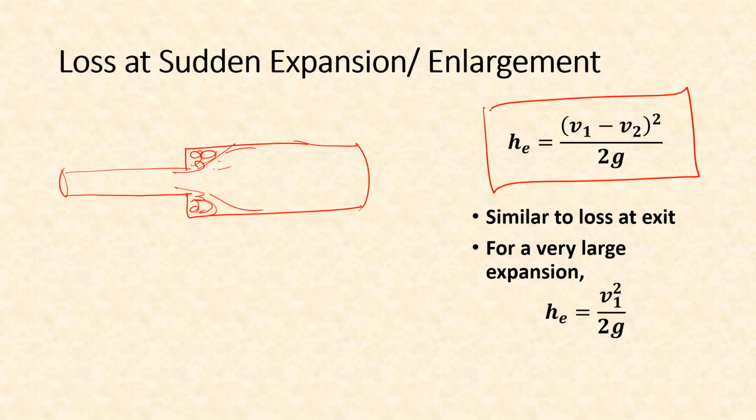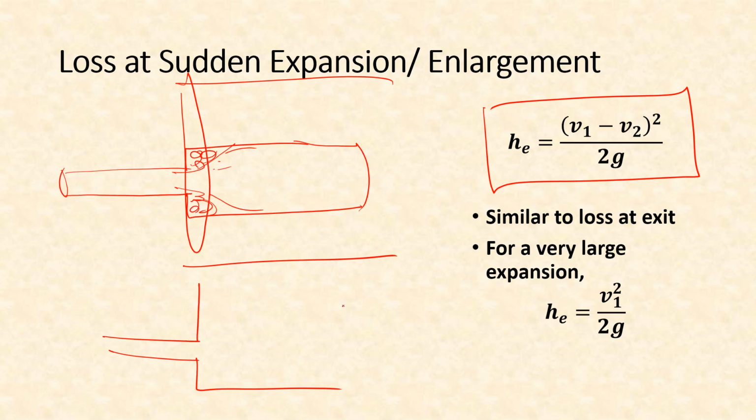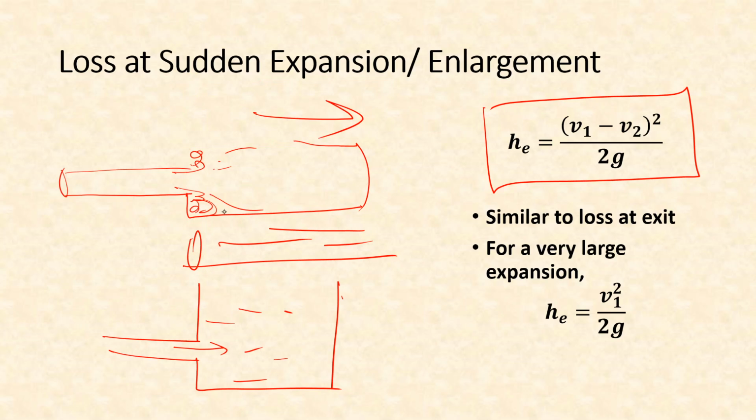Now this formula, if you look at it, if we consider a very large pipe, then it will be similar to loss at exit, which is a pipe releasing the discharge into a large reservoir. So that means the flow inside this very large pipe will be almost static compared to the velocity in the smaller pipe,